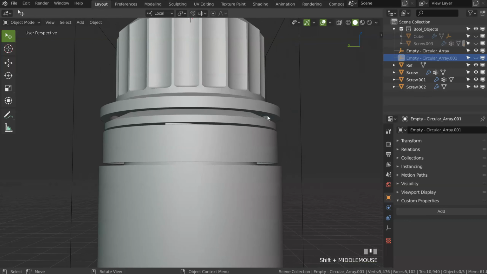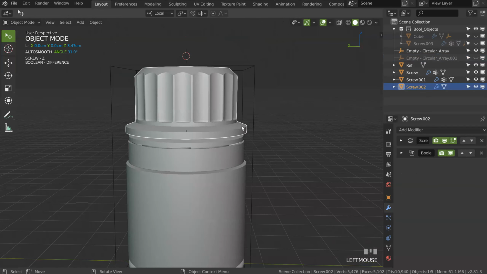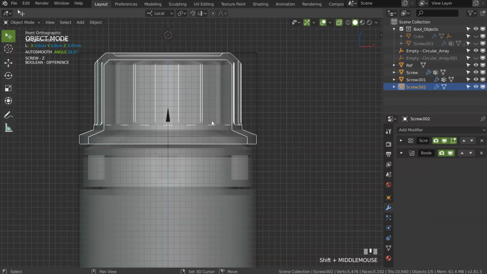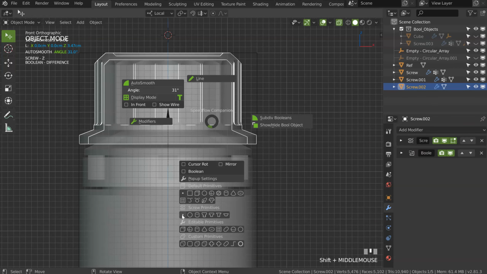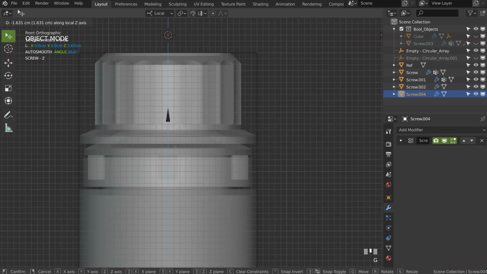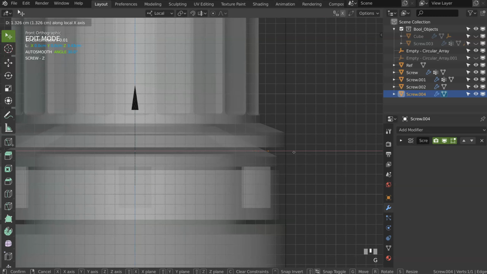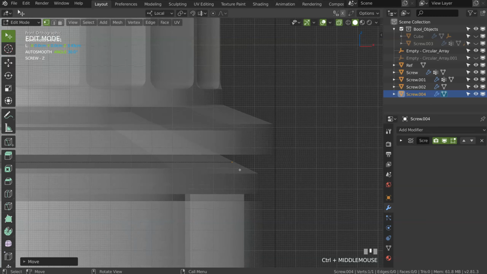Yes, I wanted to add the inside part. So go in front view, activate the X-ray, add a screw primitive, just move it here. I will move it here, in fact. Come here, press G, like that. And, oh, will it be?